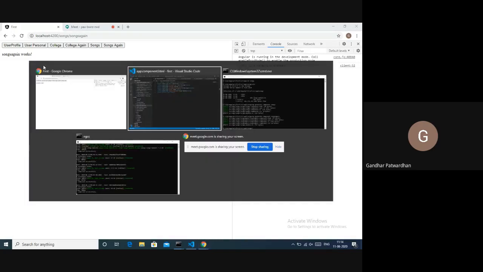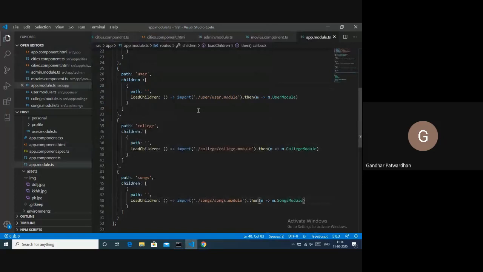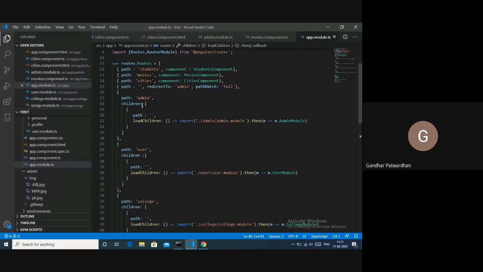Is it clear now? A question: while connecting the module, please explain the children part, sir. We have children, right?